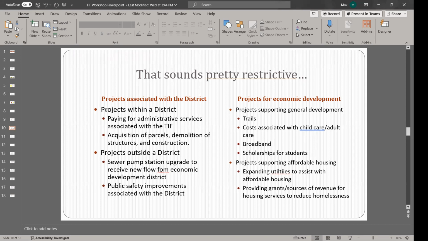I mentioned the parking earlier, and there was an individual who said, does this mean you can use it for buying the land so that a developer can just come in and not have that same land acquisition cost? That's an eligible use as well. It's not a credit enhancement, but it's still something that you have to make sure is passed and cleared by the town. So that's why there's a few options like that.